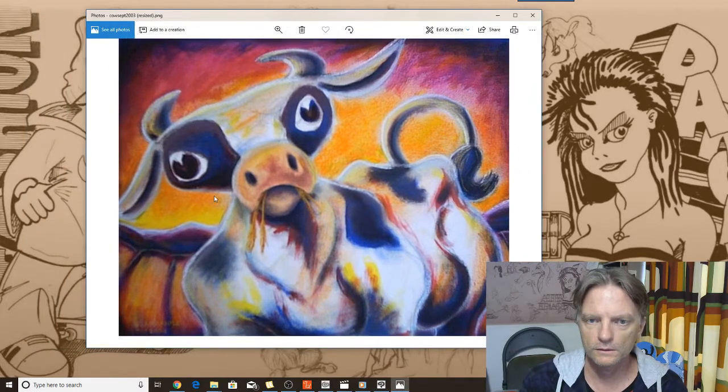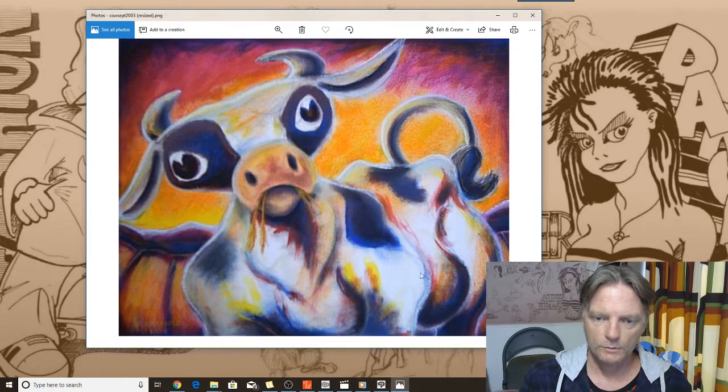It's actually an acrylic painting, I think about 50 centimeters by 40 centimeters in size, and I never actually created this with the intention of turning it into an animation. It was just a painting of one of my characters, but I decided